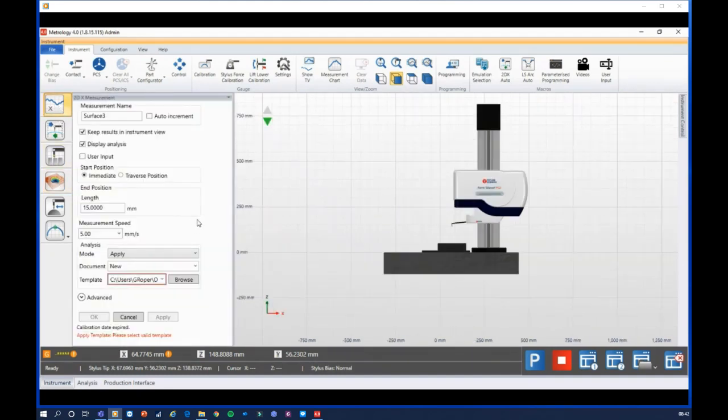But I'm going to go for a simple 2D measurement, and let's call this surface 1, and let's just change this back. So I'm going to ask for any measurement length,